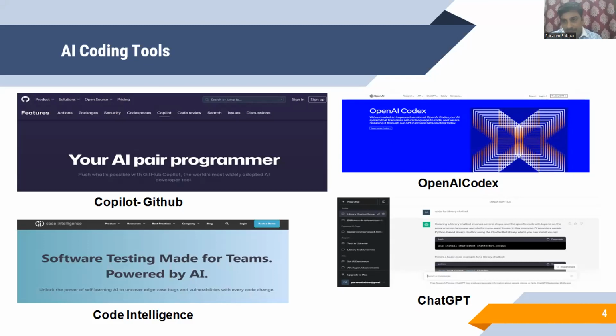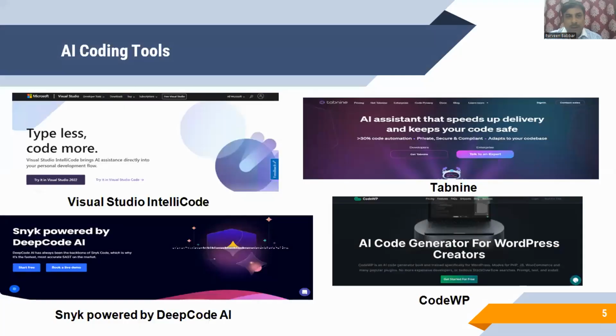Next is ChatGPT. ChatGPT, I think everybody knows. On the screen itself, you see I had put three keywords that I want code for my reference queries. It automatically gave me the results in Python. Next is Visual Studio IntelliCode.